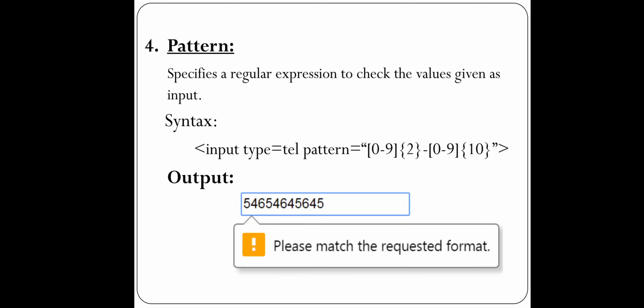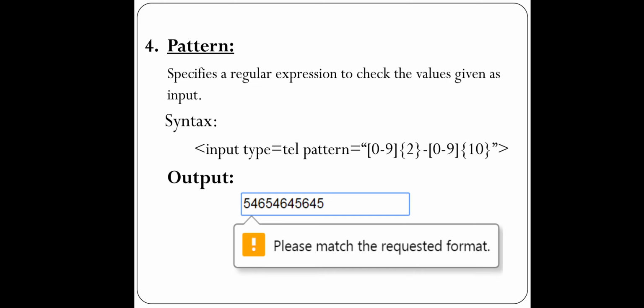Now the fourth control, and very important, we just saw it in the input type equal to tel when you are using a telephone number. So this is generally used to check if the input values match some regular expression mentioned in the value of this attribute.